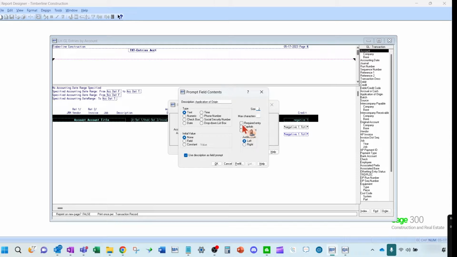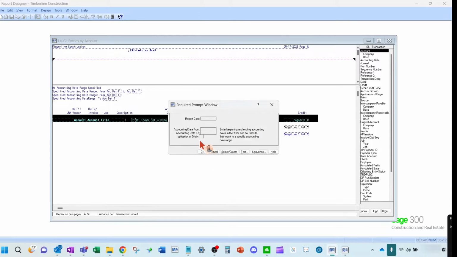I don't want to make it a required. Well, let's make it a required entry, or you can turn it on and off for required or not. And you can make a constant value. So I like this field because I can say typically I want to see all the transactions that were coming from accounts payable. So I can say always let that AP be the pre-fill for me, and then I can change it if I need to. And it's really easy to change it too. Like it'll pop it in. And you don't have to do a condition or something to get it off. And it looks like I typed something in wrong here. Oh, no, there it is. Okay, so there's my application of origin.